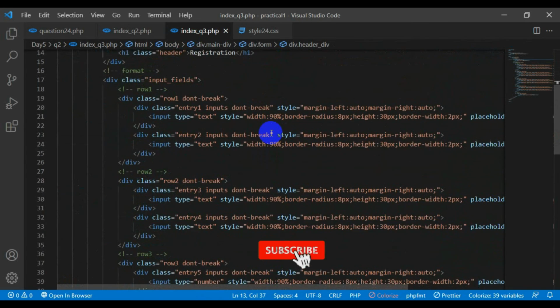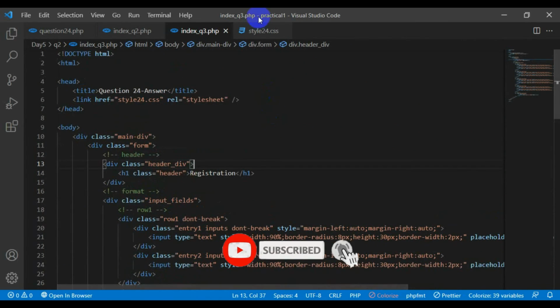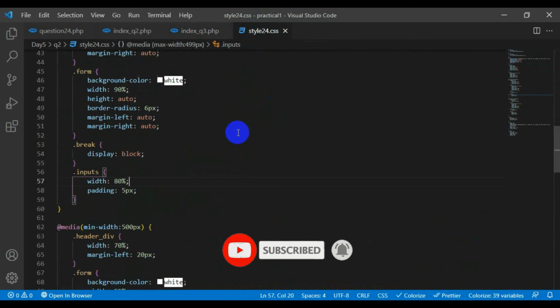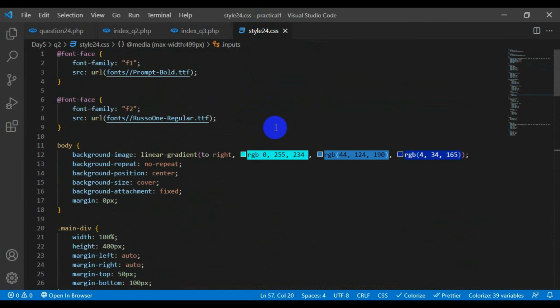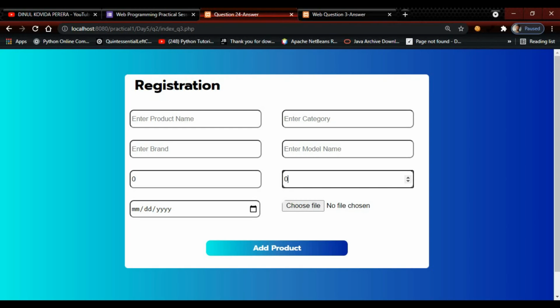So this is the basic design that I designed without using Bootstrap. And without using Bootstrap, how did I make it responsive? The answer is I used media queries for that. And the most important thing is